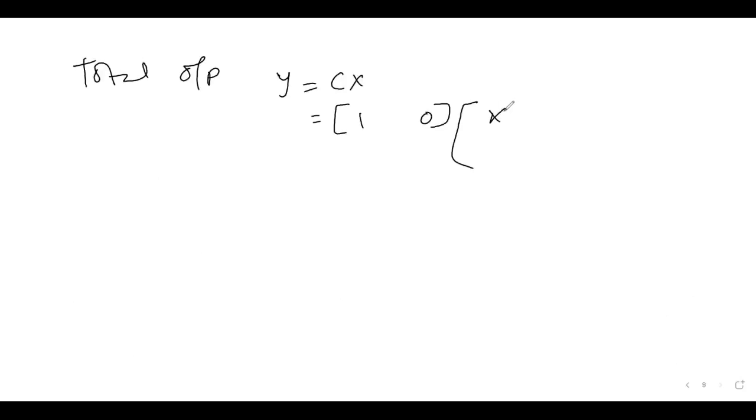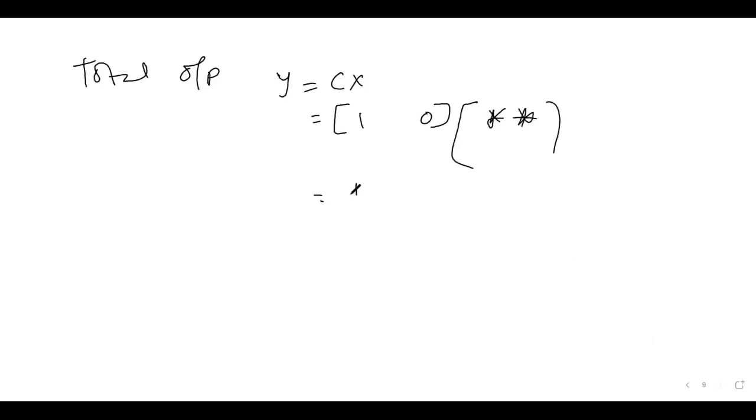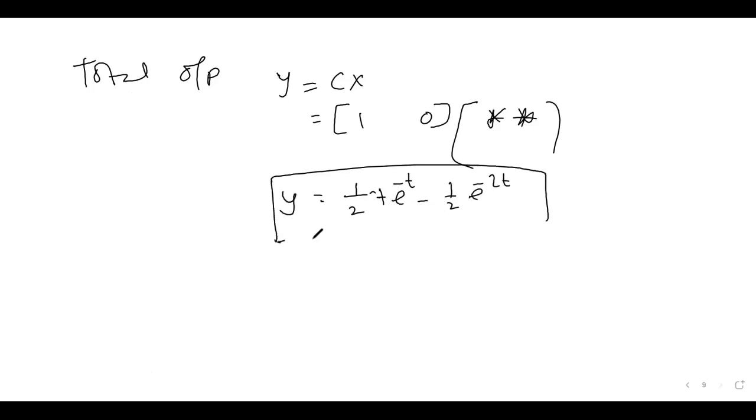Okay, so this matrix, if you multiply this, you will get the total output response, which is half e to the power minus t minus half e to the power minus 2t. This is the total output response. Okay,